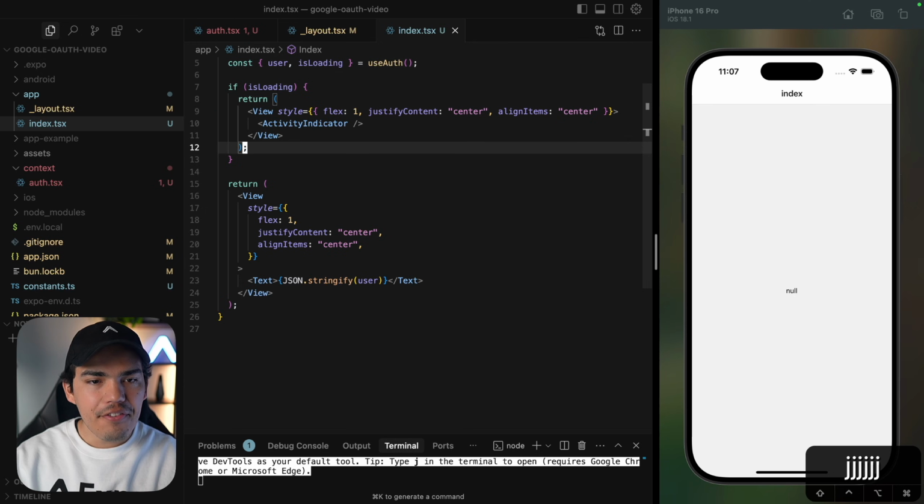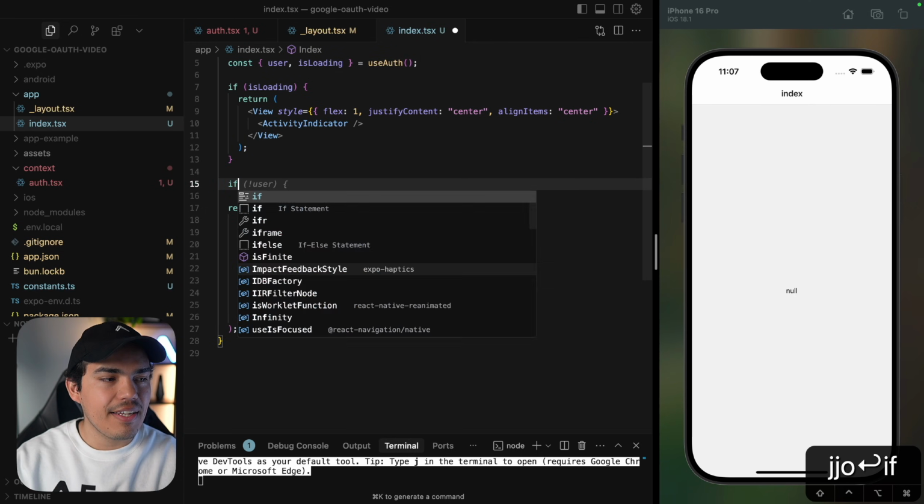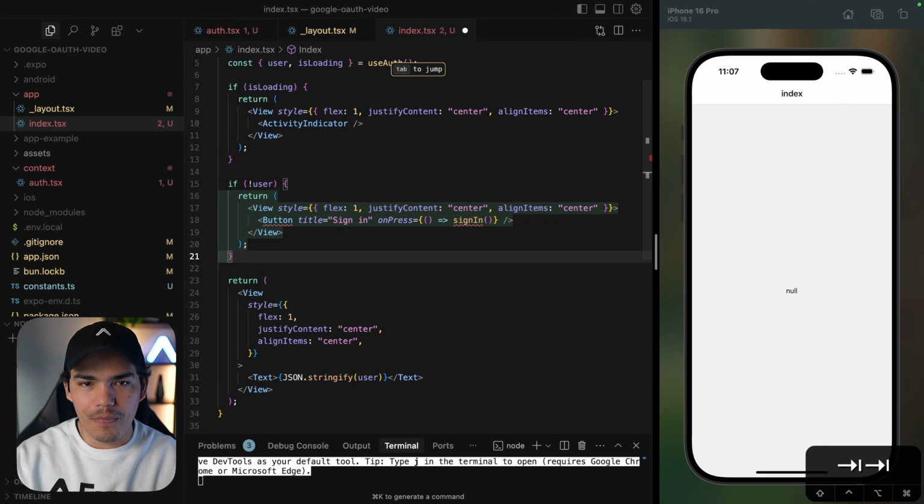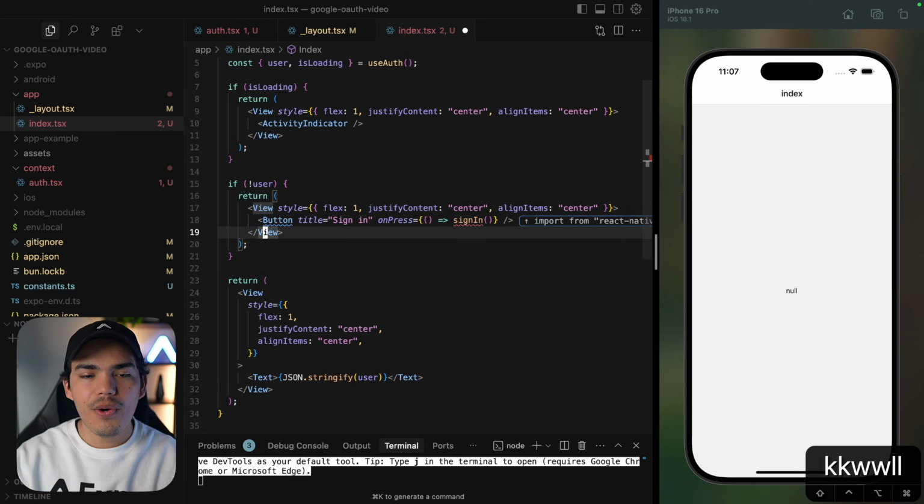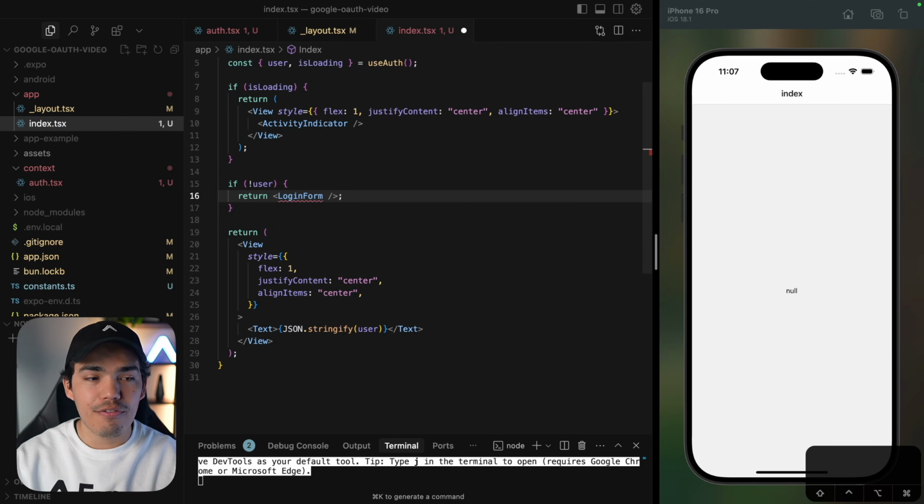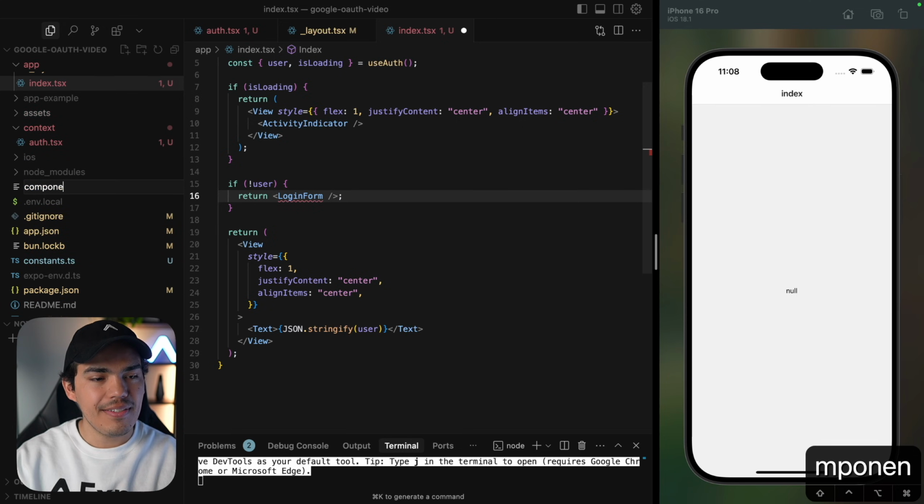Okay, so now after this, we can actually validate if we don't have a user. It means that the user is not authenticated. So at this point, I want to return my login form. Okay, and we don't have a login form yet. So let's go ahead and create a new folder in here called components. And inside these components, I'm going to create a login